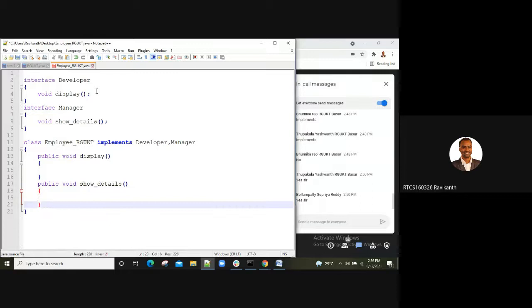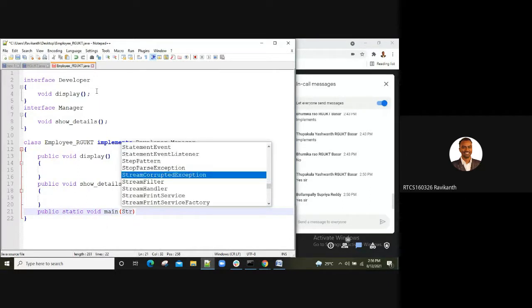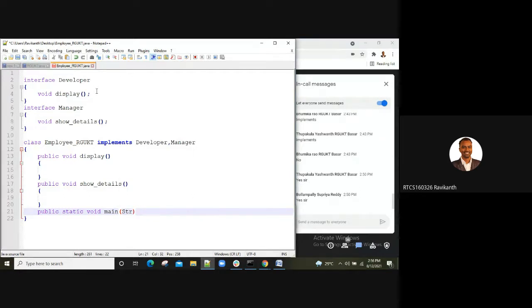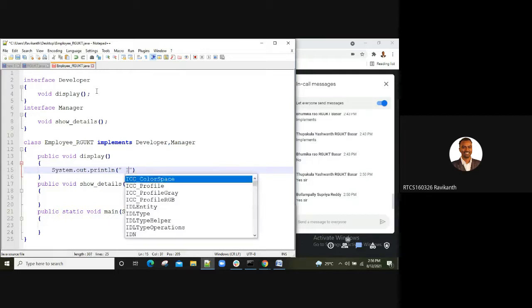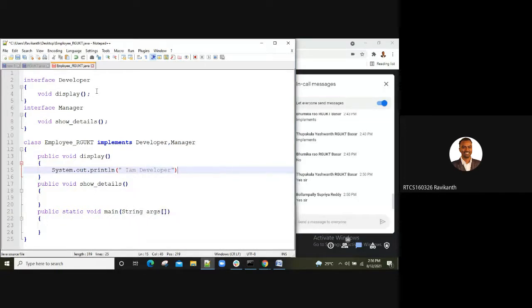Then let me write my main method also, public static void main, String args. For our understanding sake, I'm just writing a statement here: System dot out dot println, I'm developer. Similarly, I'll also write one statement here.